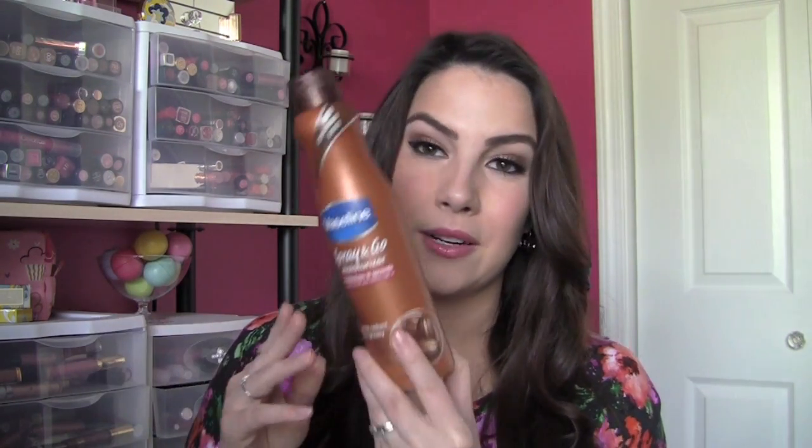Okay, I've seen this in ads. People have told me this was great. That Vaseline Spray and Go Moisturizer. I just thought, what's the deal? Why do we now need a spray-on moisturizer? Can't you just pump it out of a bottle? But after getting this and taking the plunge, and I got the cocoa butter one,